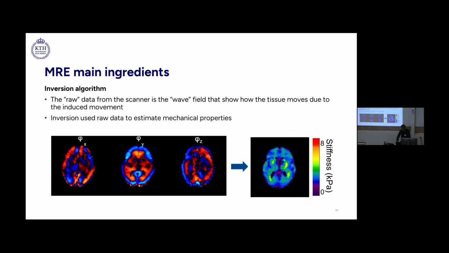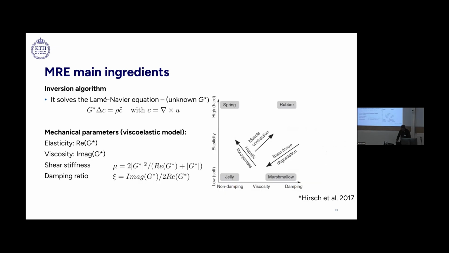And then the next step is to do this inversion algorithm, that is to go from this wave field to mechanics. For that, there are different approaches, and then this is very nice. I think this is from a book. So then you have mostly two parameters. One is elasticity, and the other is viscosity. So then you can see here the extreme values: spring, rubber, marshmallow, jelly. And then I have a collaboration with a group in